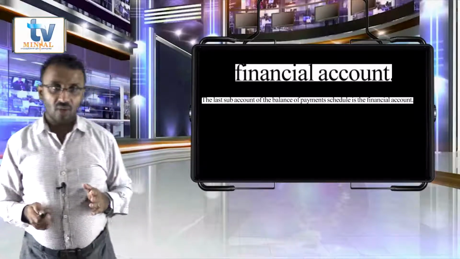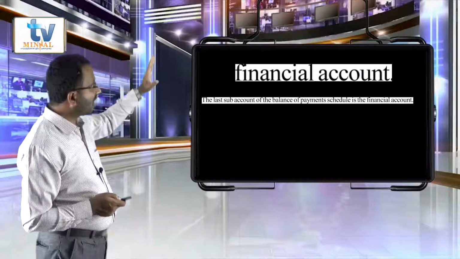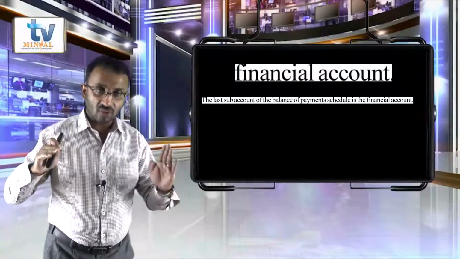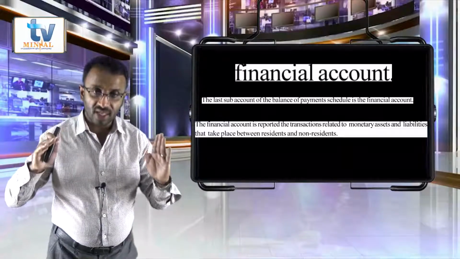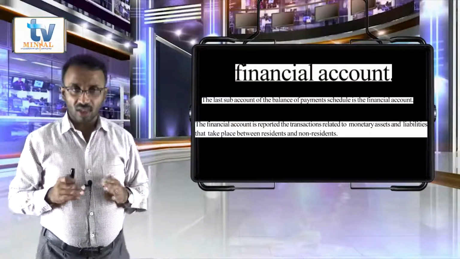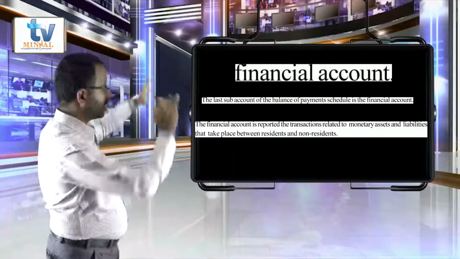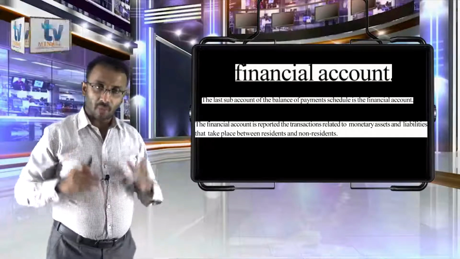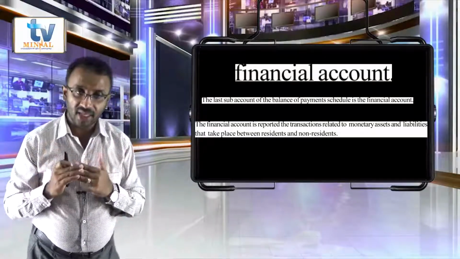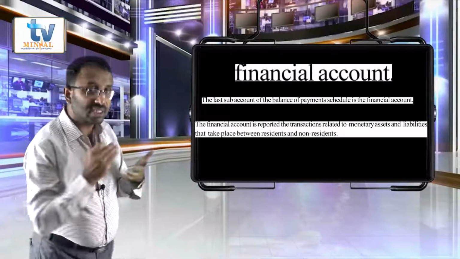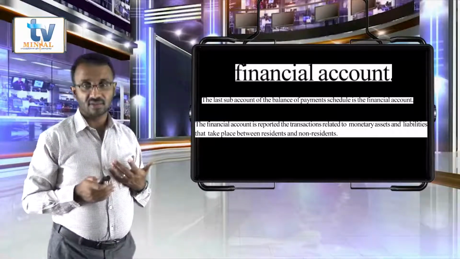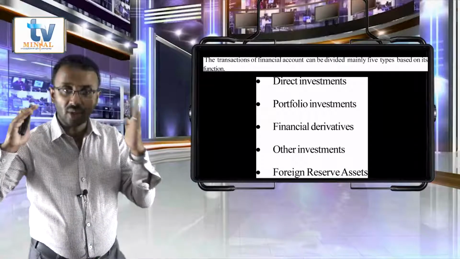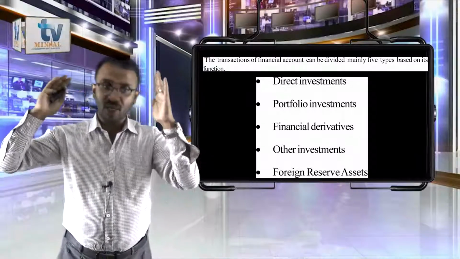Right? Now let's see what we mean by the financial account. The last sub account of the balance of payment schedule is the financial account. The financial account reports the transactions related to monetary assets and liabilities that take place between residents and non-residents. Right? So here the transactions of the financial account can be divided mainly into five types